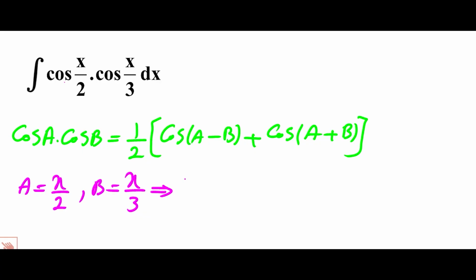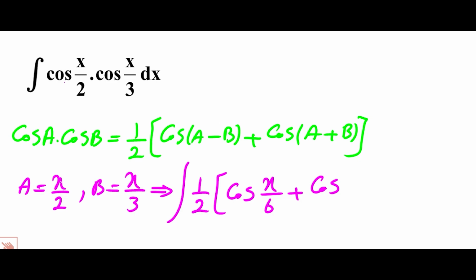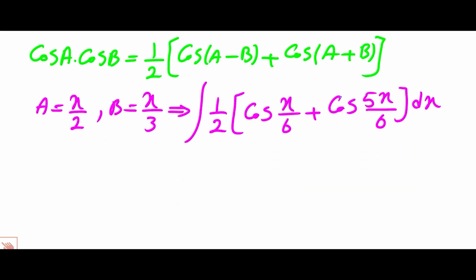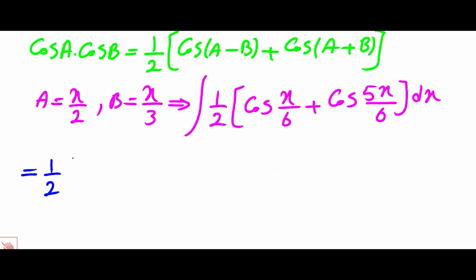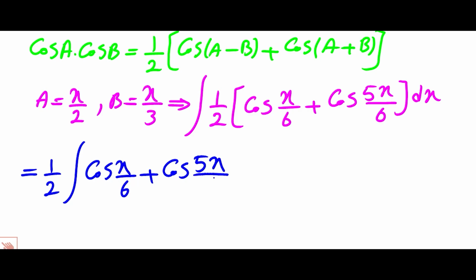So the integral becomes the integral of 1/2 times cosine of a minus b. So x over 2 minus x over 3 equals x over 6, plus cosine of a plus b. x over 2 plus x over 3 equals 5x over 6, dx. Right? So we have 1/2 times the integral of cosine of x over 6 plus cosine of 5x over 6